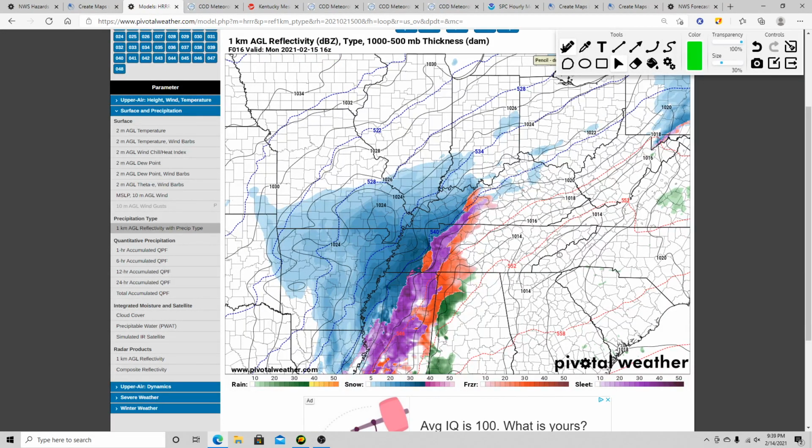and also how cold the air is going to be. Some of these places are going to see very high snowfall rates. So we're talking about 2 inches of snow per hour, maybe a little bit higher. And that is some pretty high snowfall rates across some of these regions here. And as we continue on here,